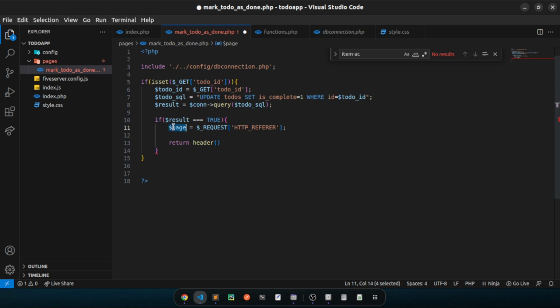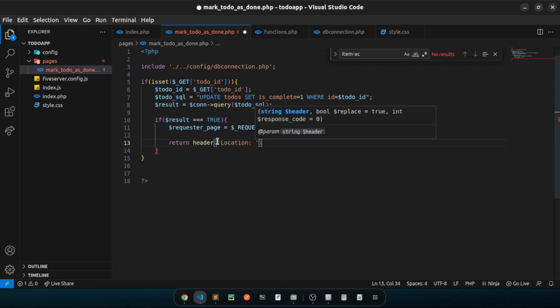How can we call this request a page, for example? Yeah, return me to the request a page by doing location